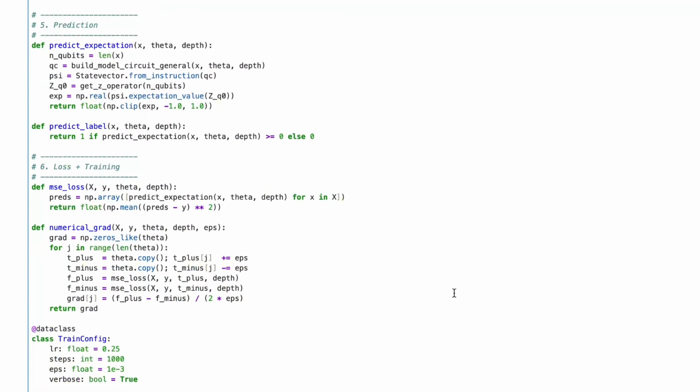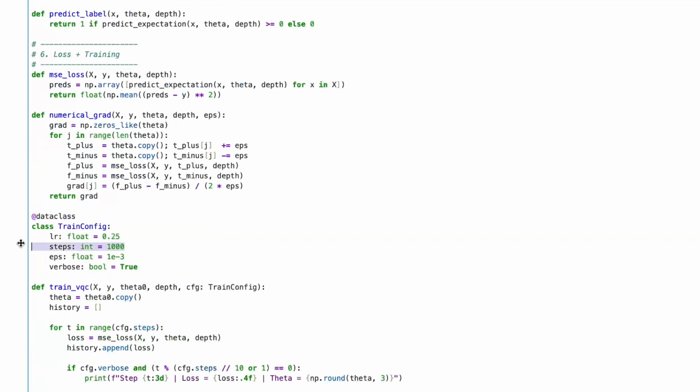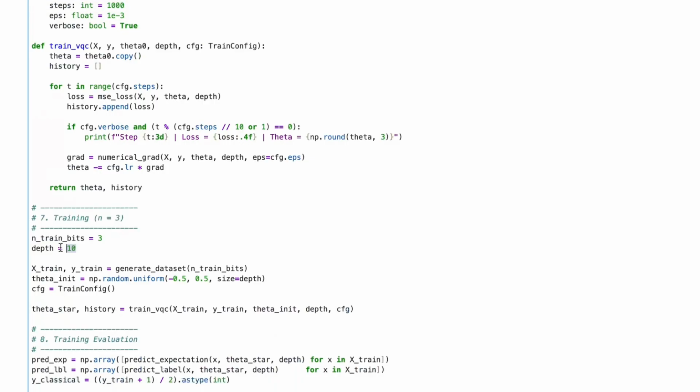And here I train with 1000 steps. The reason is simply that with 1000 steps we consistently reached 100% correct predictions. That's why I needed a bit more training. And as I said, the rest stayed the same. We just defined the depth here and the number of bits we want to train on. We do that here. And the rest of the process remained unchanged, and at the end we just print out